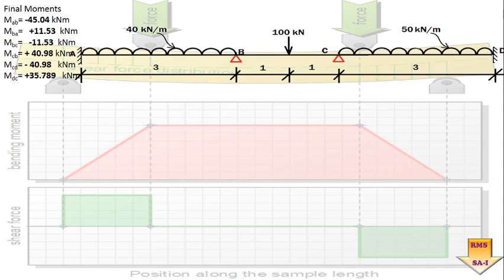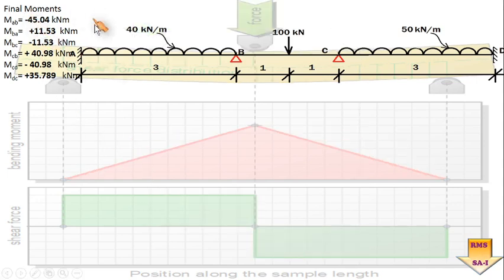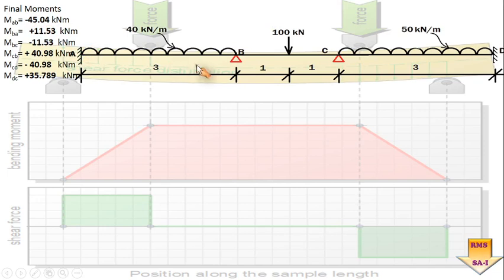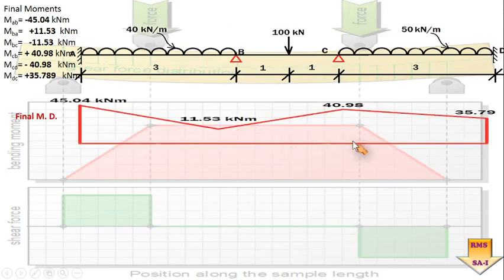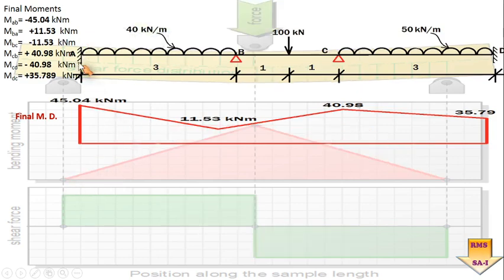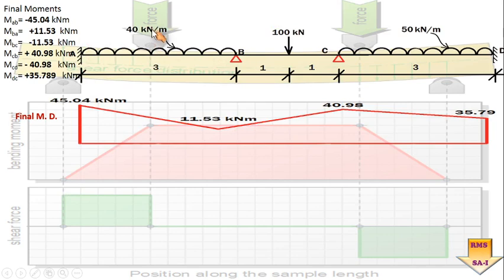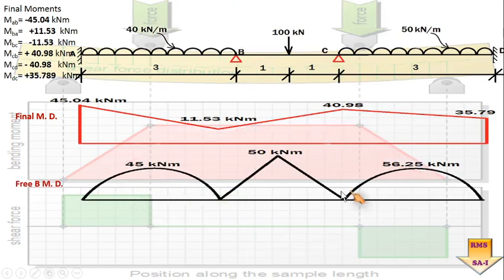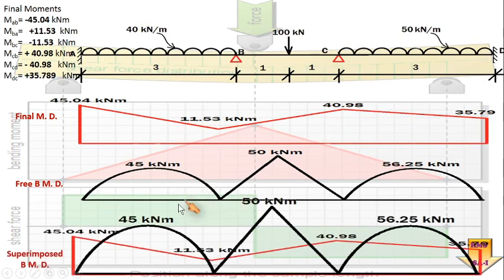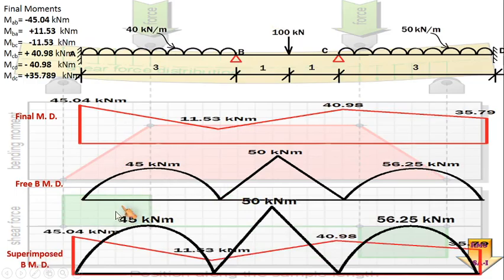Now the next last job is to perform what has been asked. We were required to find out the support moment. So we have found out the final moment about the support. All these are to be plotted as a final moment diagram, and after this we know what is to be done. We have to draw the free bending moment diagram, considering an individual span as a freely supported span, and finding out the free bending moment about that individual span, and plotting that we get a free bending moment diagram. And ultimately the last step is to superimpose both these two diagrams.